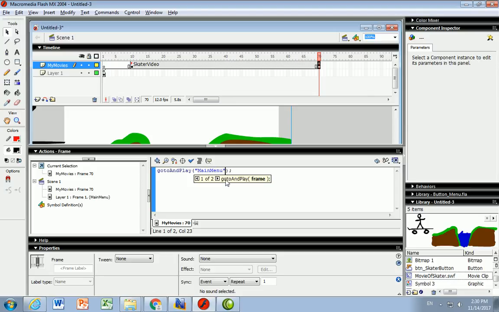main menu. And by the way, I could have put just 1 here, and we'll go to frame 1. But I prefer to name things and actually put the exact name. That would be the better way to do it. Okay, so now it's going to go to the main menu. Okay, now the last thing I